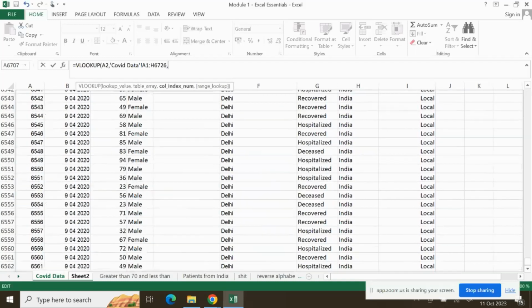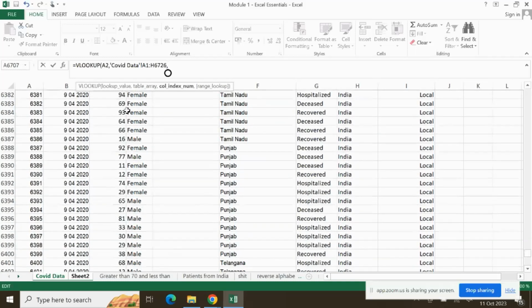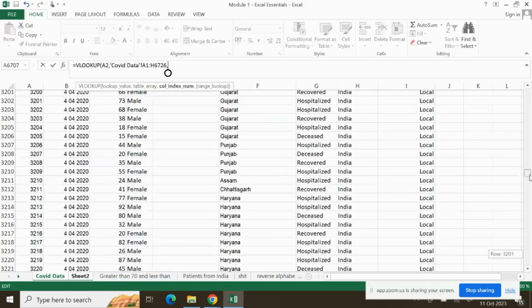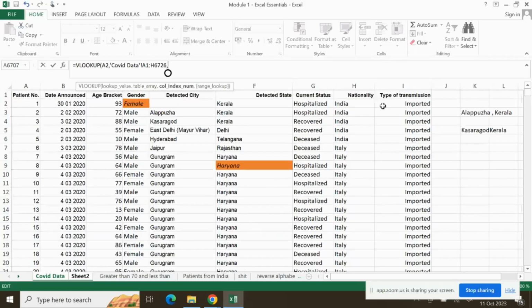So now you don't have to scroll like that. Can you see the scroller bar at the right side? You need to drag it towards the up side. No, this is the left side where you are going. On the right side, there is a scroller bar. Yes. Drag it towards the top. Now count the column number of nationality on the basis of patient number. What is the column number of nationality? 8, isn't it? It's number 8. Yes. Now give comma, close the bracket